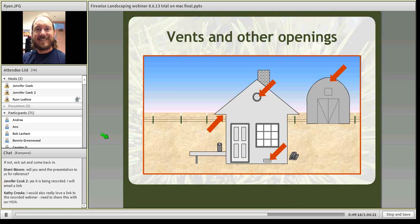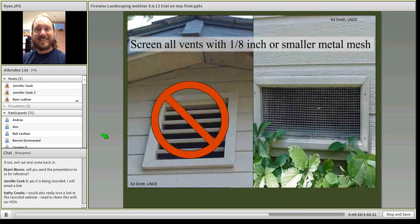So vents are another big one. Those embers, they are unfortunately also getting sucked inside of our vent openings. So with vents, we need to make sure that all of our crawl space vents, our attic vents, our soffit vents, the soffits are on the underside of your roof lines most of the time. We want to make sure that we have an 1/8 inch metal screening